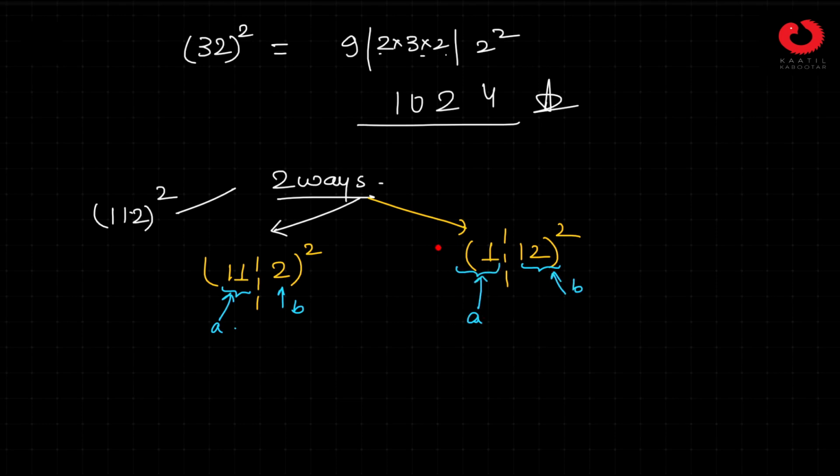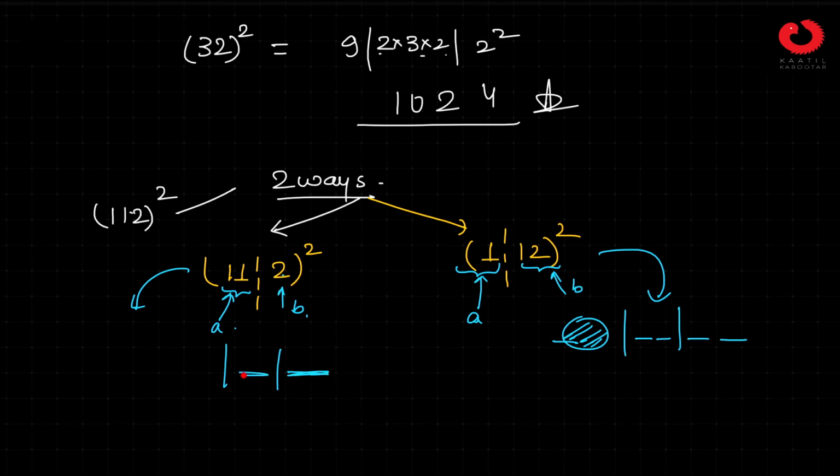Now as I have discussed just now, the difference is that in the first, every location will have 2 digits, and the first location can have any number of digits while writing the expansion, whereas in the second every location should have only 1 digit, as the number of digits in b is only 1. So here 1 digit, here also 1 digit, and here you are free to have any number of digits. Whatever comes after carry over, you just write it. This is the only basic difference: 1 digit because b has 1 digit, 2 digits because b has 2 digits.